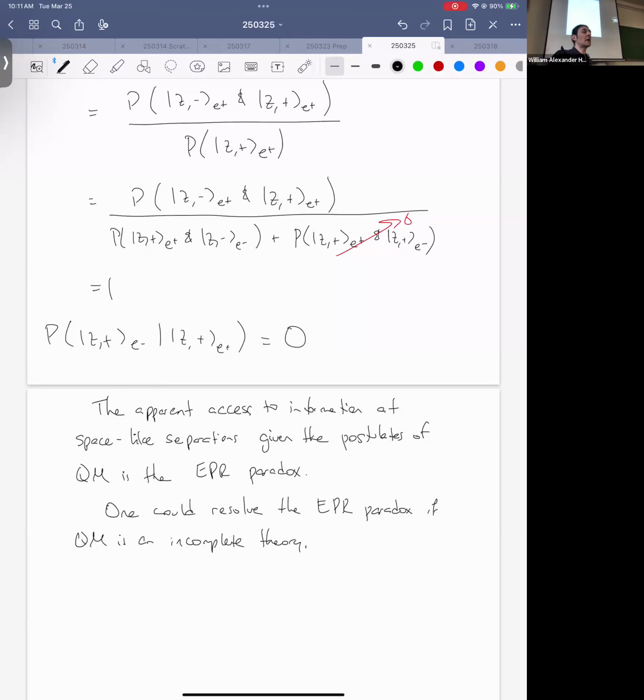Said there is an irreconcilable, in their minds, difference between the postulates of special relativity and the postulates of quantum mechanics. History has shown that whenever there's a discrepancy between Lorentz invariance and something else, Lorentz is going to win. So they said, how can we come up with a theory that looks like quantum mechanics? It's still going to seem probabilistic for an experimentalist, but there's something hidden going on underneath the hood.